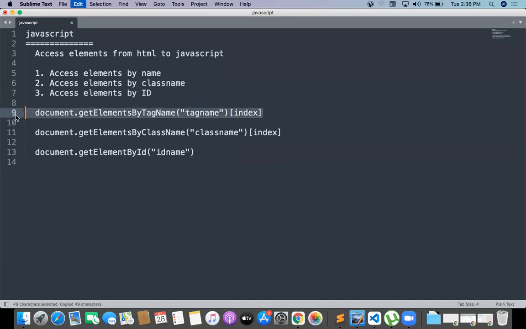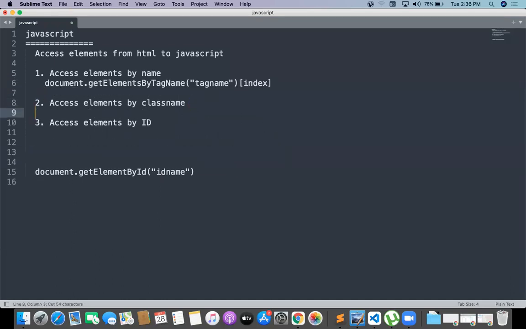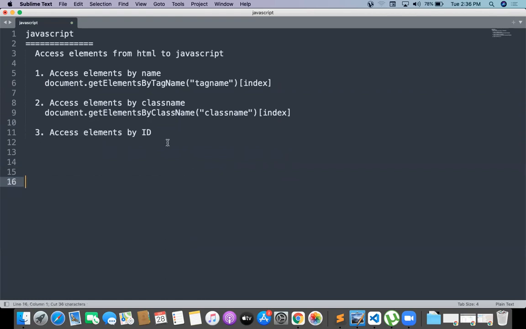The first one is this one, cut it, and I'm just pasting here. And the second one, cut it, put it here, and the third one, this one, put it here. And these are the three things we already discussed yesterday. And there is one more concept called innerHTML. We already discussed innerHTML, how to work with it. And today we will discuss how to add styles from JavaScript.